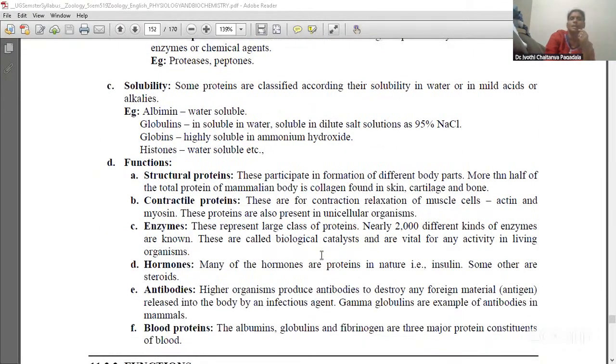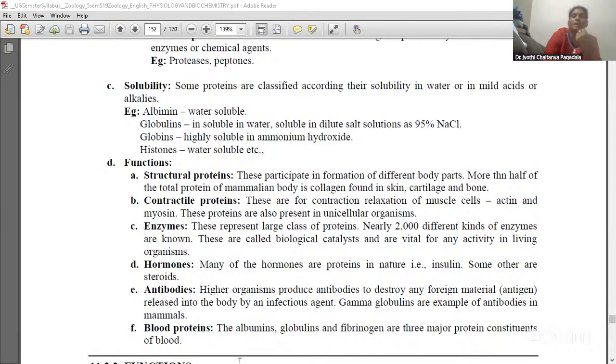And hormones. When coming to the hormones, the universally known hormone is insulin. Many hormones are proteins in nature. Here, an example is insulin; some others are steroids. And